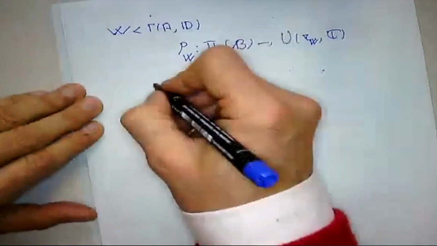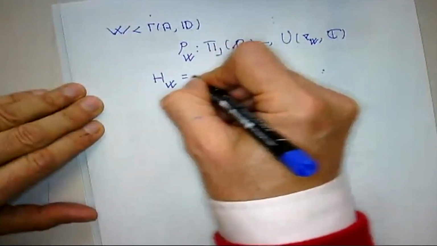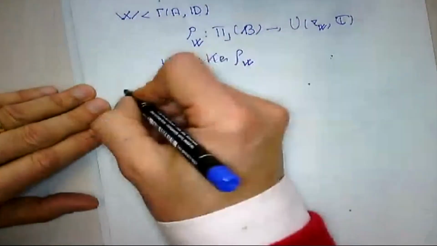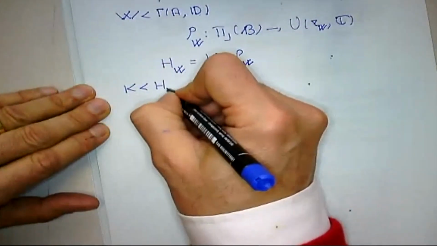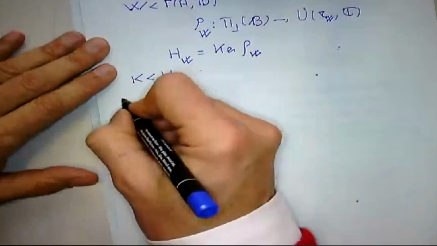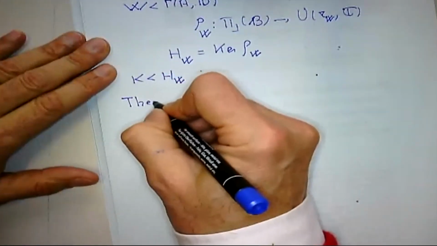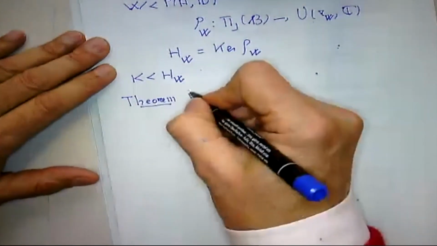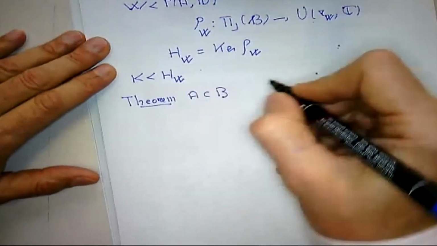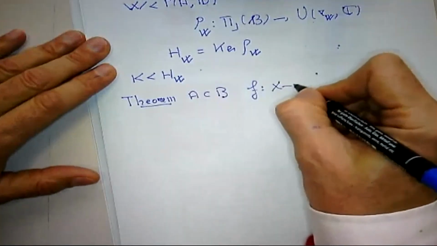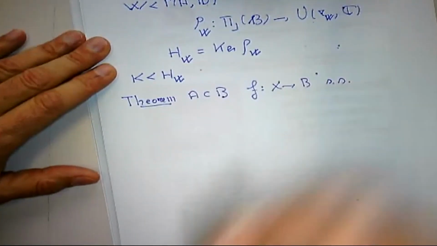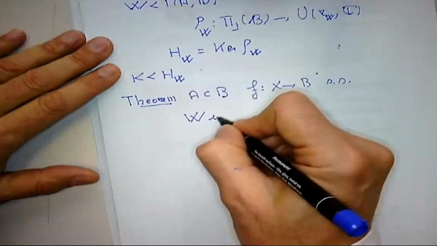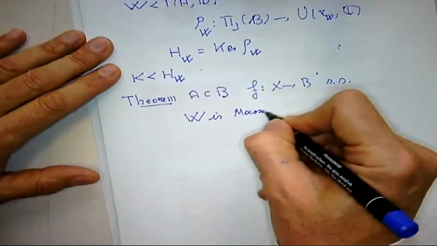You have the kernel, H_W, which is the kernel of ρ_W. And then you can take all these subgroups, and you have a theorem, the first theorem, which shows you the rich geometry behind. Let's say that if you have an open subset B and f a semi-stable fibration over B, to say that W is Massey trivial,